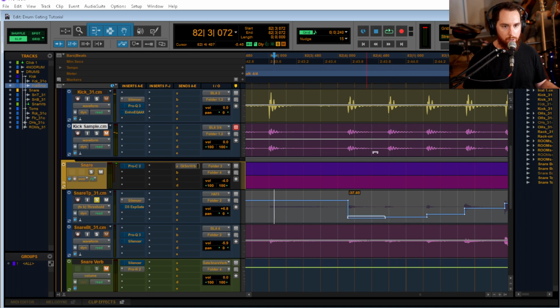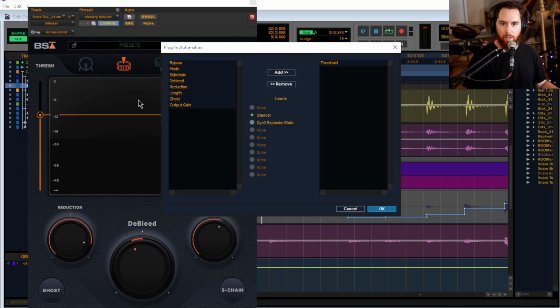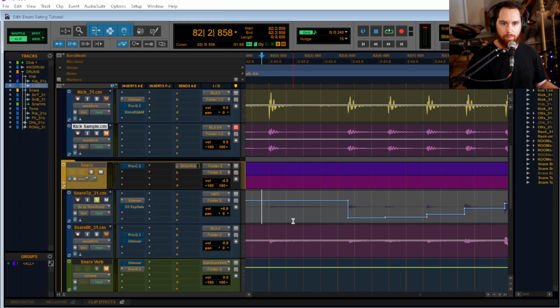A little bit of trial and error, and it might not be perfect. If I really wanted to take care of that hit and make it really, really clean, what I could do is come back to my plugin, and we're going to automate the debleed function. Notice how I have it turned to the brighter side. That's letting in a bit of that symbol,